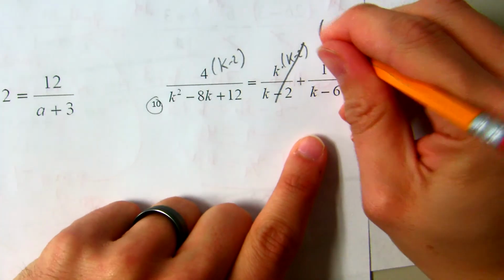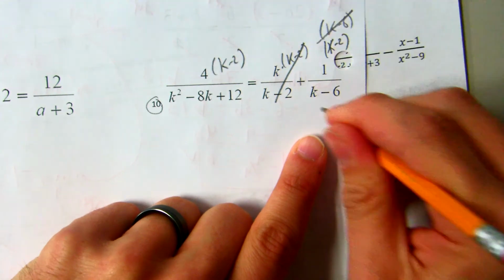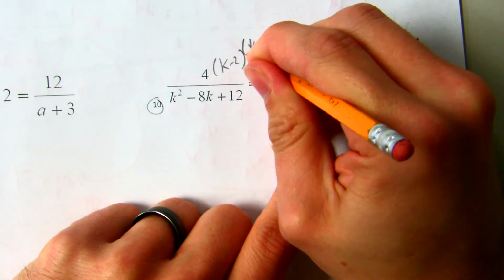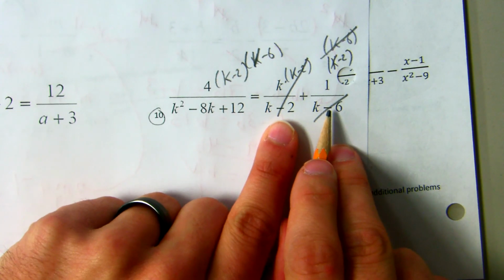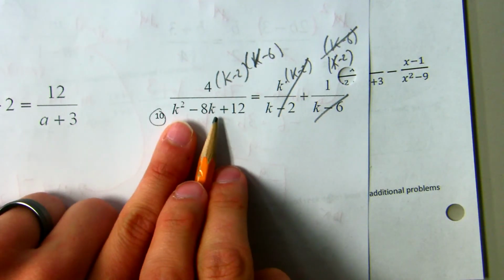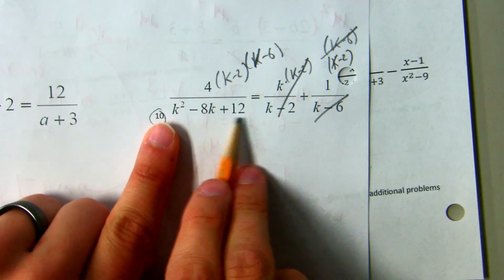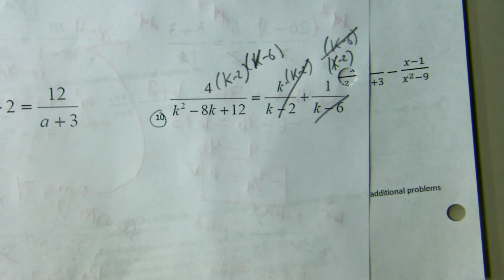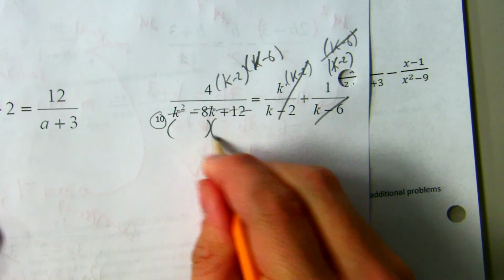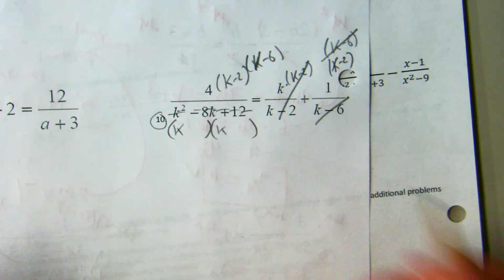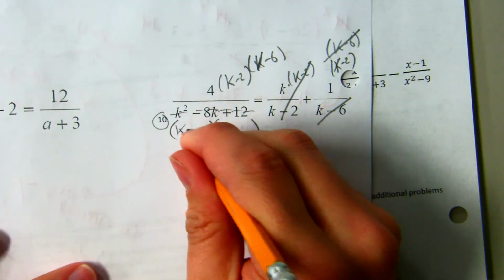I definitely want to multiply everything by k minus 6. Those are just a little bit easier to see because those are already factors. You can multiply everything by k squared minus 8k plus 12, but it is going to be much harder to simplify correctly. So instead, do yourself a favor and think about how these factors